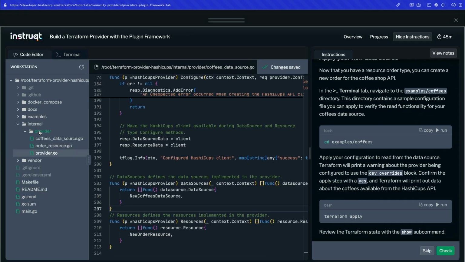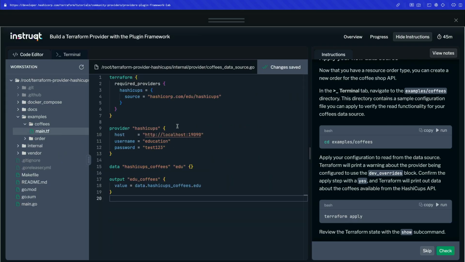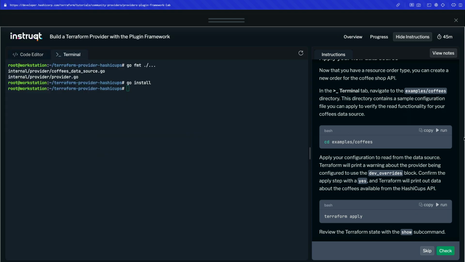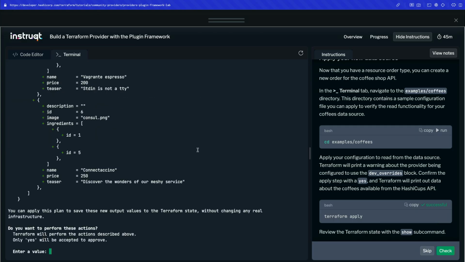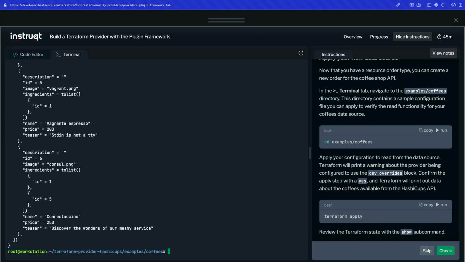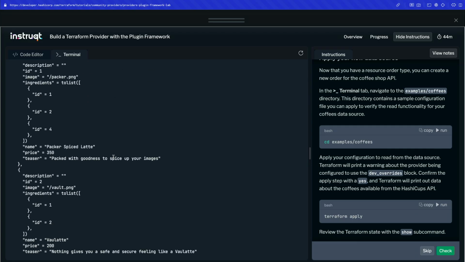Before I test it out, I'm going to go over to examples, into coffees, and just check out what this actually shows, right? So the top is exactly the same. For data source, we are using a HashiCorp coffees data source, and we're passing no attributes to it, which is what we expect. And then the output should just show all the HashiCorp coffees. So in terminal, I am going to navigate to the coffees example, run a Terraform apply, and then confirm that apply with a yes. And as you can see in the output,